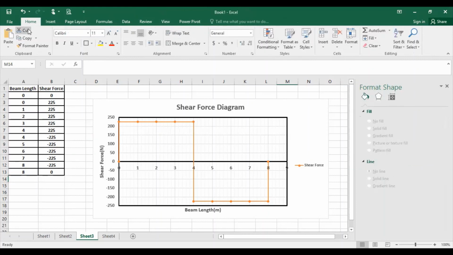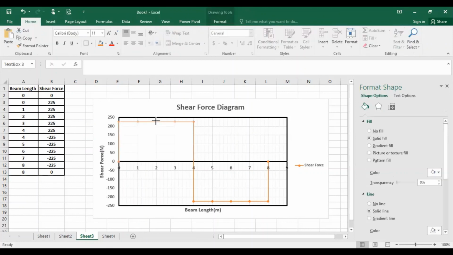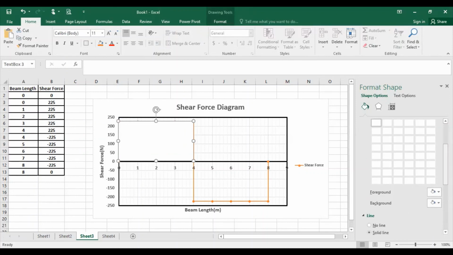And one more thing I can do here, I will go into the text box and apply a text box here, and I will go for the pattern fill from here as I did in the PowerPoint presentation. It's loading.